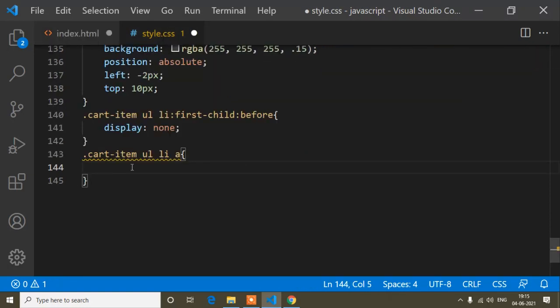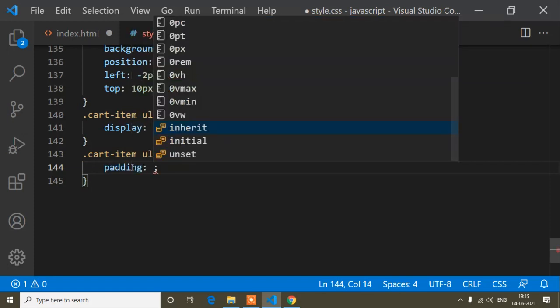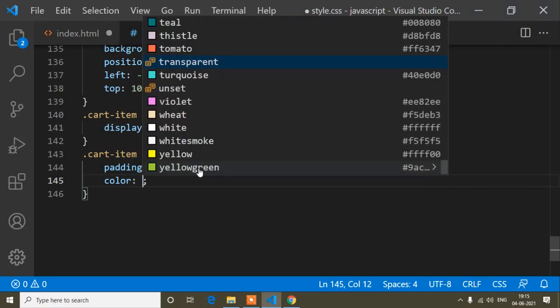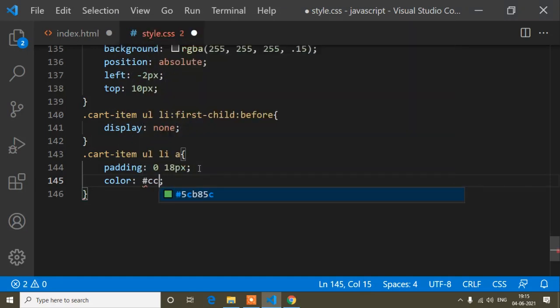Here I will write padding: 0 18 pixels, so the top and bottom padding will be 0, and the left and right padding will be 18 pixels, and the color of this icon will be #CCC. This is the color code for the icon. I added the CCC gray color code. You can see it's added the padding and this color. So this one is done.